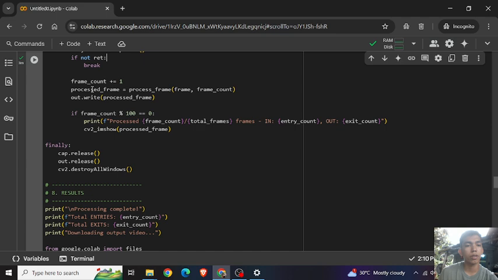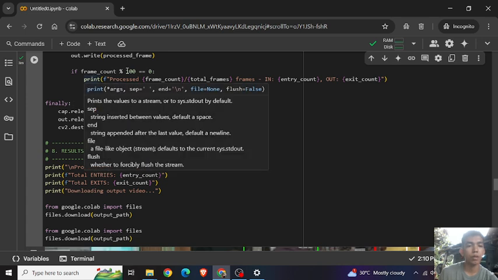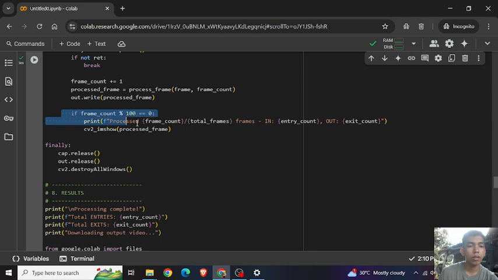Then frame_count plus equals 1, then it processes and writes each frame. So if frame_count is a multiple of 100, this code shows a frame preview and logs every 100 frames. Finally, it cleans up after processing.